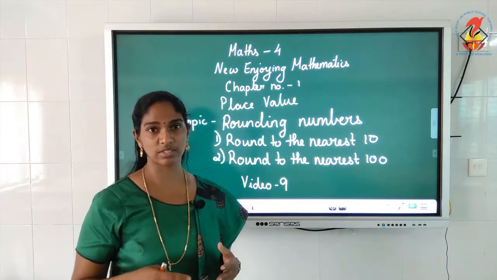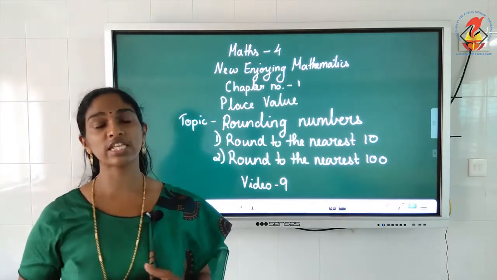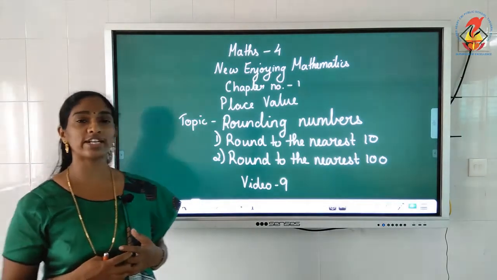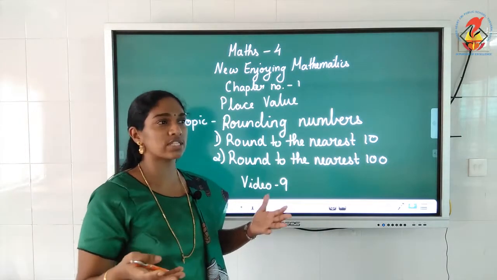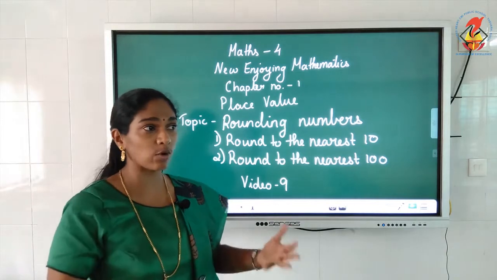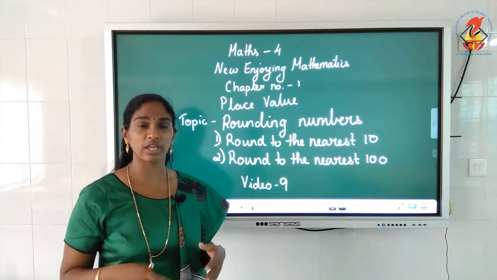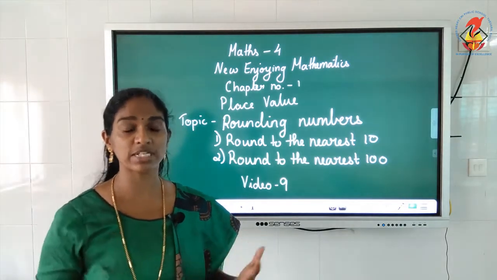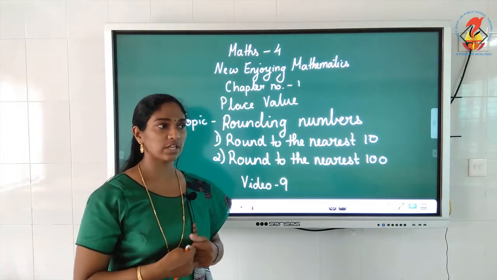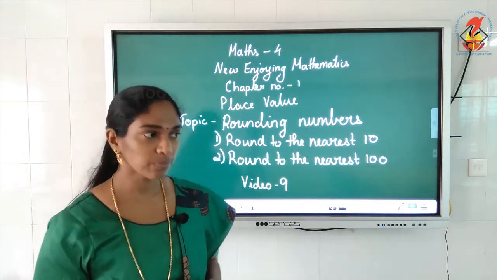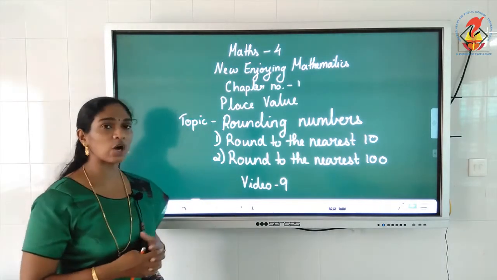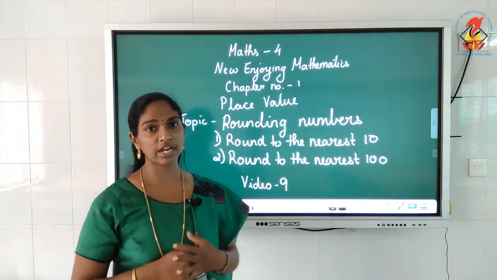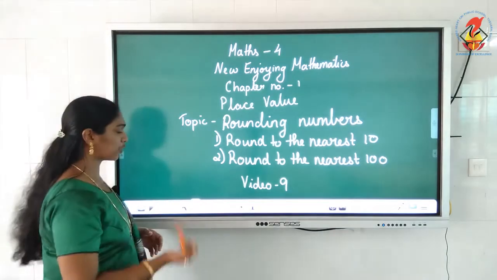These types of numbers, where we use about, are known as rounded numbers. We also call it estimating: we are estimating the height of that person, or estimating the weight of that elephant. We use the word estimate, and we also use the word rounding. We are just rounding it to some figure. In this lesson we are going to learn how to round to the nearest 10 and how to round to the nearest 100. Okay children, so just look into the video.